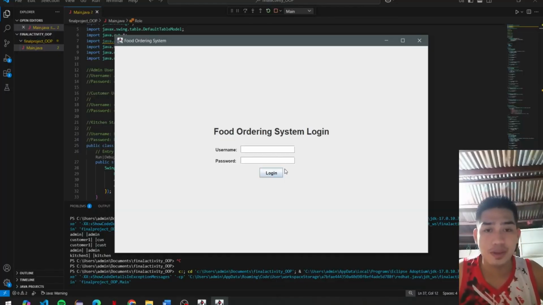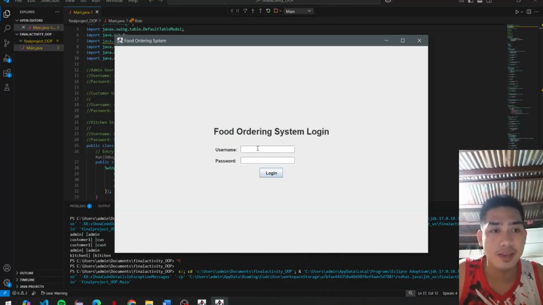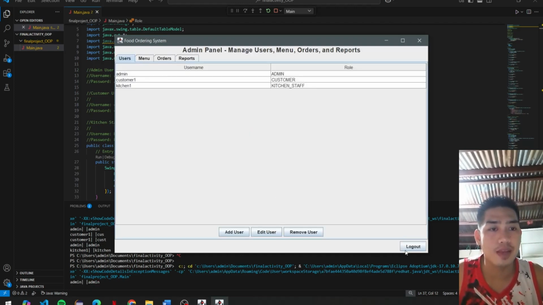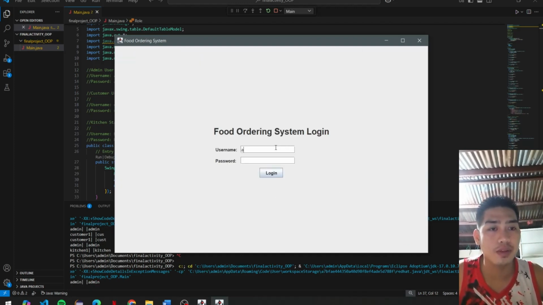Here, as you can see, we have the login panel that provides the initial screen where users enter their credentials. Upon successful login, the user is directed to the respective panel.